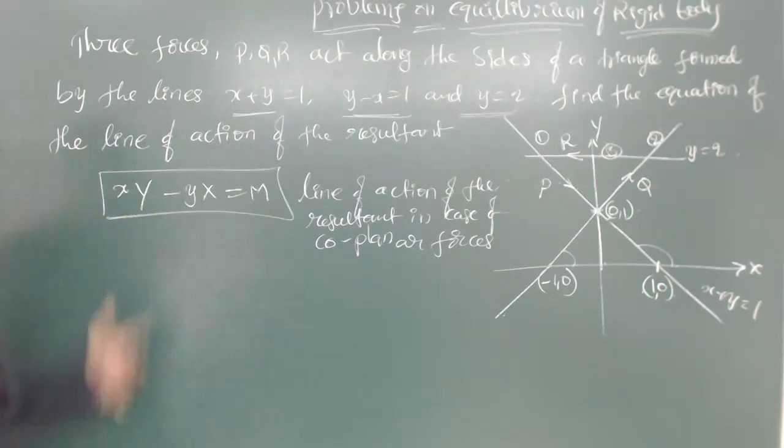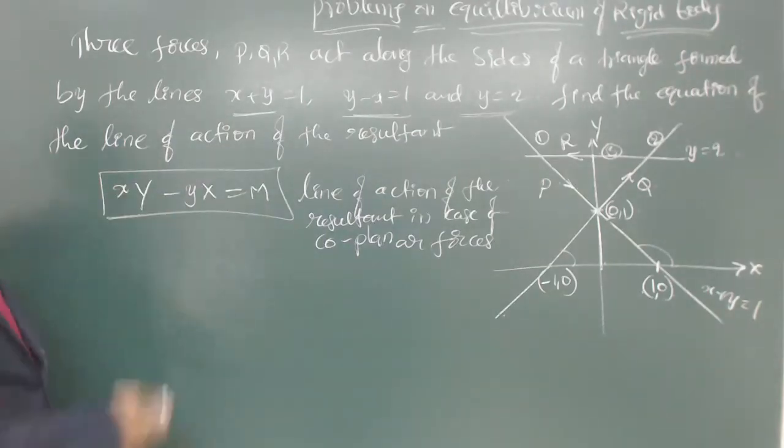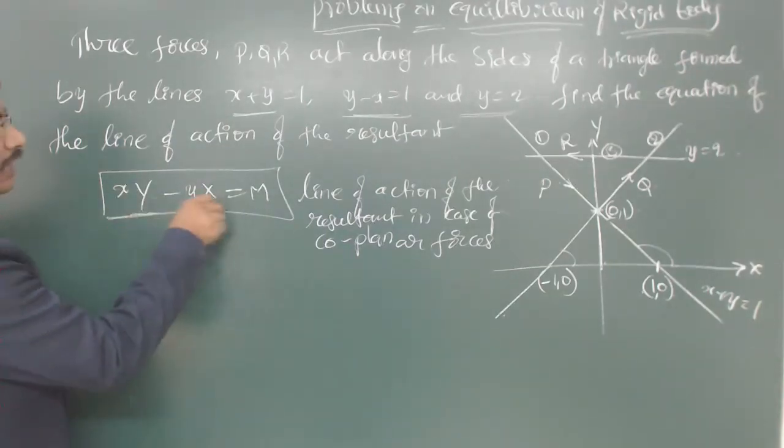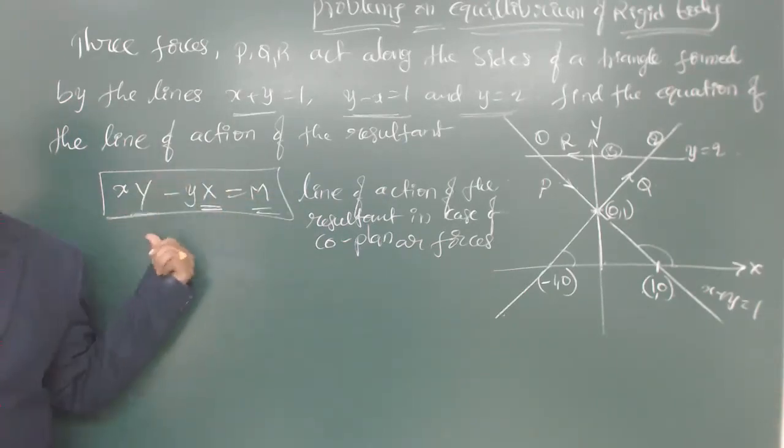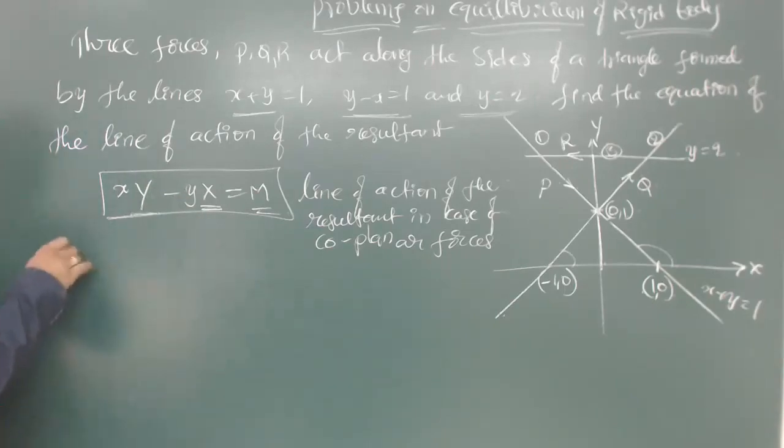So this was derived in the previous class, right? Based on this understanding, we have to summarize that we need capital Y, we need capital X, and we need M. If you are able to find these three values, you will be able to substitute here, where capital X is